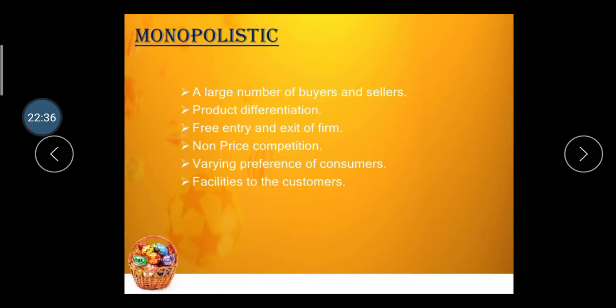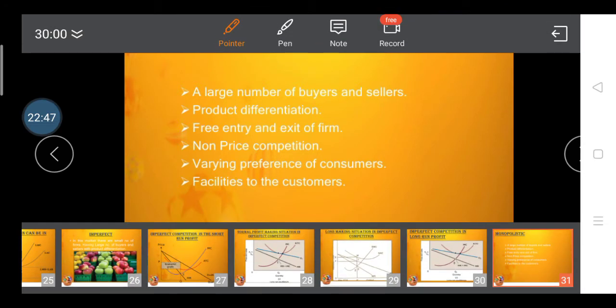Then varying preference of the consumer. Consumers can prefer their product variously. Then facilities to the consumer. Consumers can have different types of facilities. Then after,